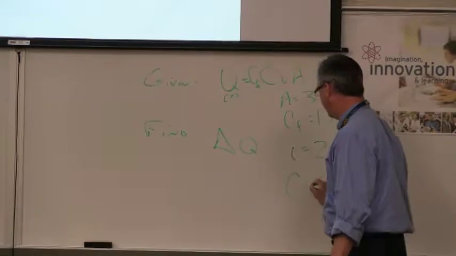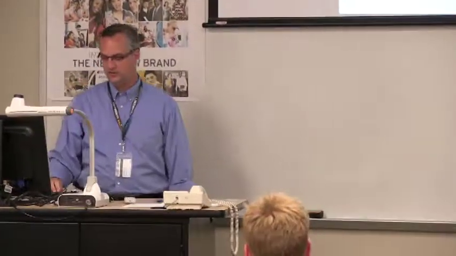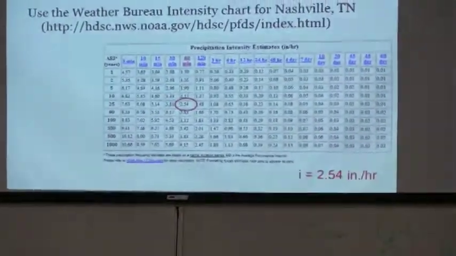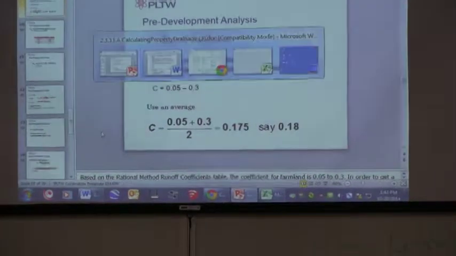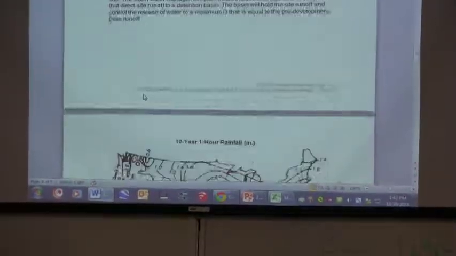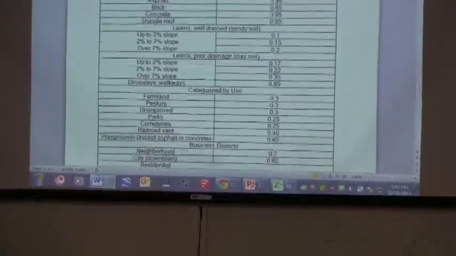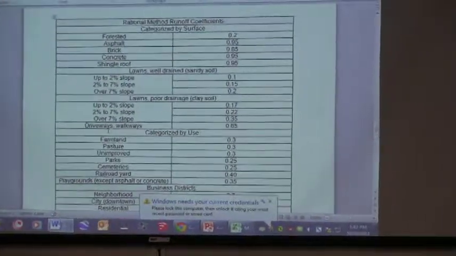Last one is C. C is that thing that Jason mentioned earlier. When I dump that water on the concrete, it's essentially close to a 1.0. I've got a C factor that I have to come up with. And what they do, I'm actually going to jump to a different deal here. They have a chart that you guys will be working from today, right here. This is the C coefficients, okay? And for this example that we're talking about,